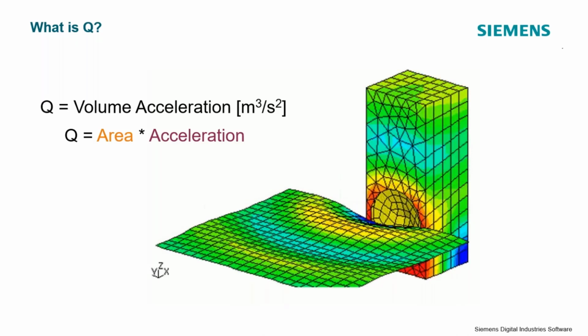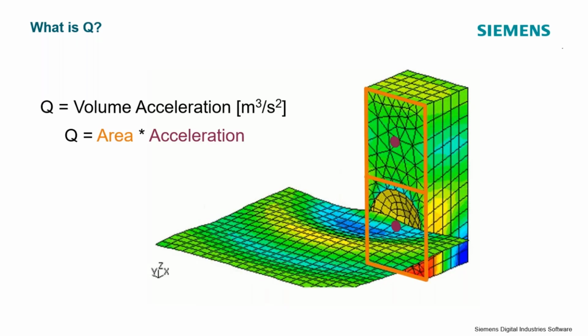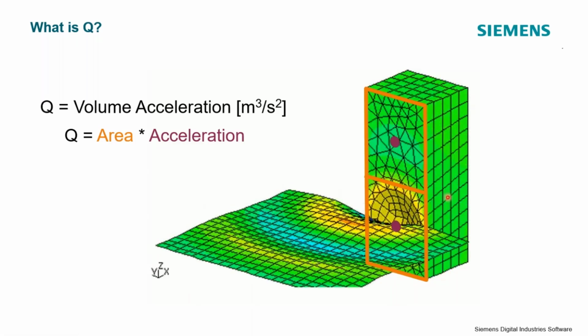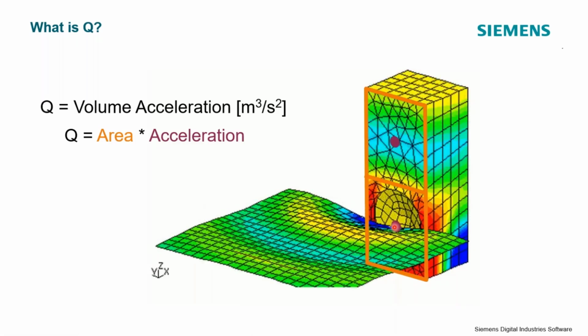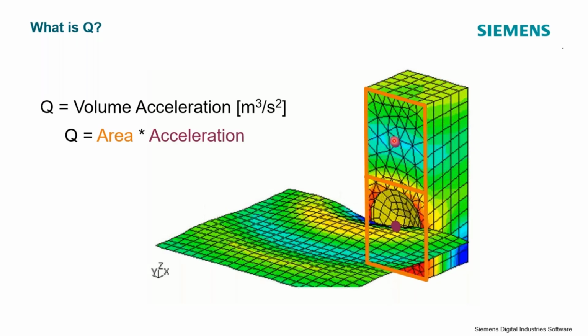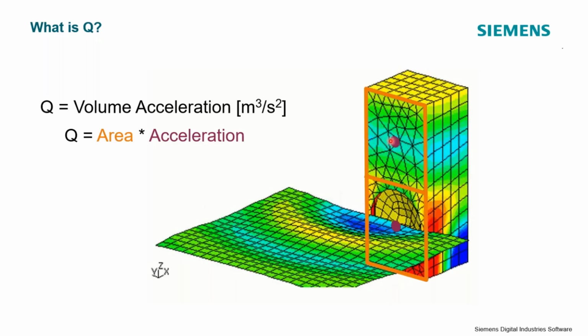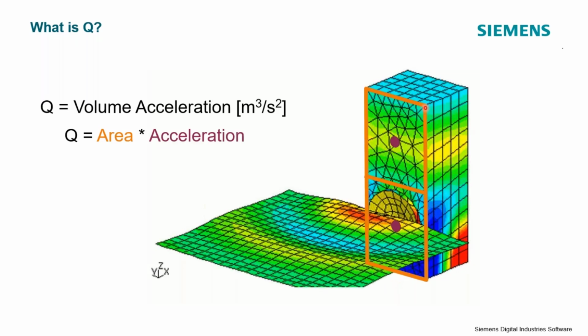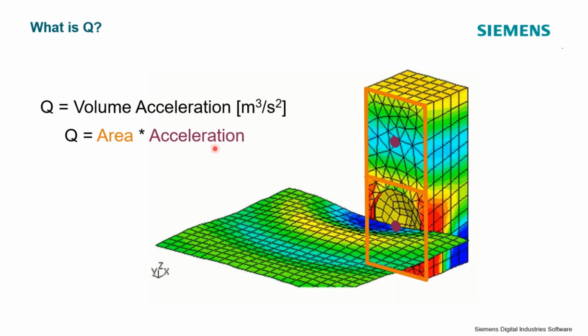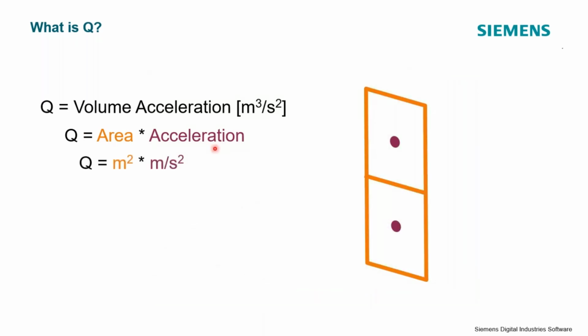So if we take this speaker and we break it down into some sub areas, if you will, and then I measure an acceleration at these dots. So I could put an accelerometer in the center of that speaker cone. And if I was interested in the Q of the speaker cabinet here, I could also measure the acceleration up here. And I have a given area that I can measure that acceleration over. So I have an area in meters squared and an acceleration in meters per second squared. That gives me meters cubed per second squared, or a volume acceleration. So this is how we measure Q in practice.